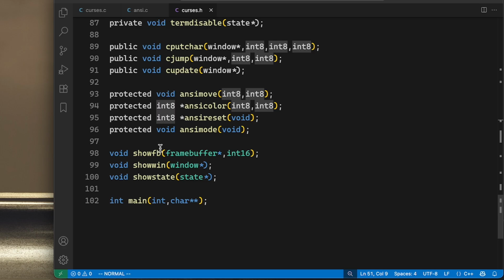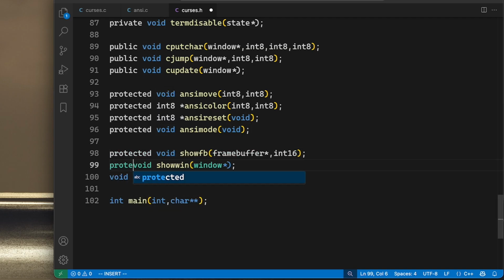But I want to have something like, by the way, all of these should be protected, right? I want to have something like a framesset, which fills the entire frame buffer with a specific byte